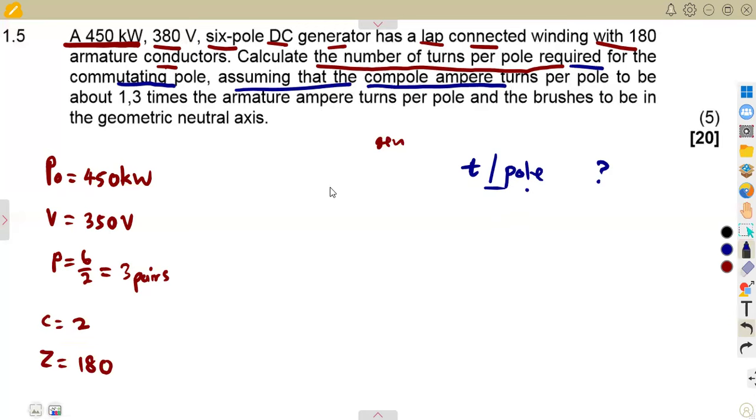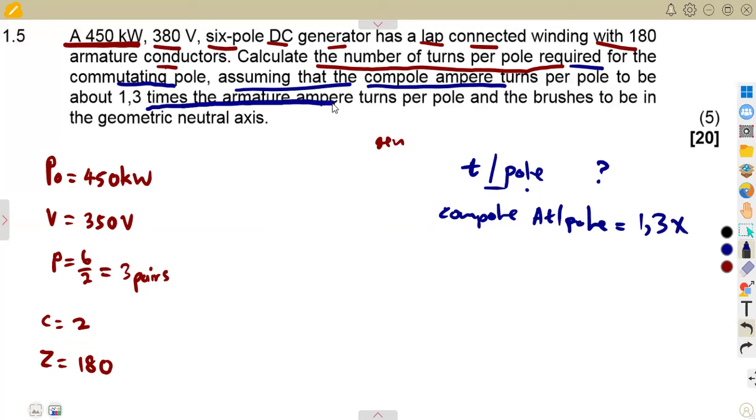So there we are given a condition of the compoles. So this is the compole ampere turn per pole, which is given to be 1.3 times